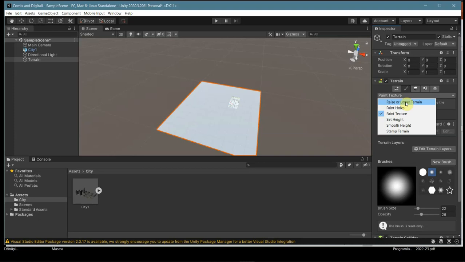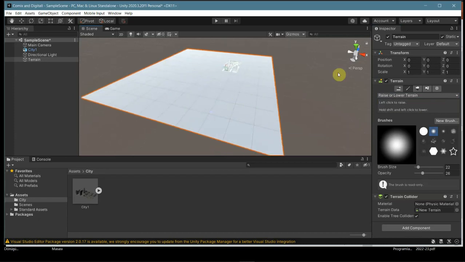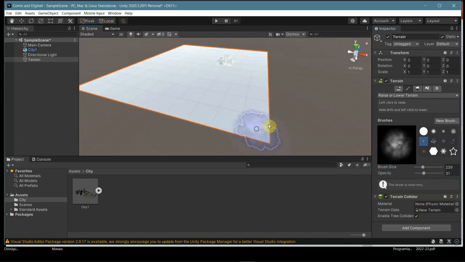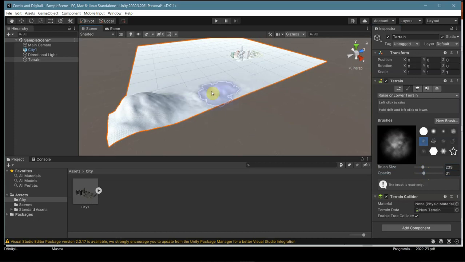So let's start with raise and lower because I want to change the flat appearance with this option, and we have a brush here, brush tips. They are different as you see, so they bring a different appearance on the field. So let me increase the size of the brush, and its opacity is the strength to raise or lower the terrain. Okay, now let's see when I start to press on my left button on my mouse. As you see, it started to give a raise,